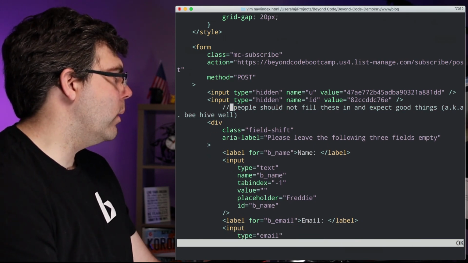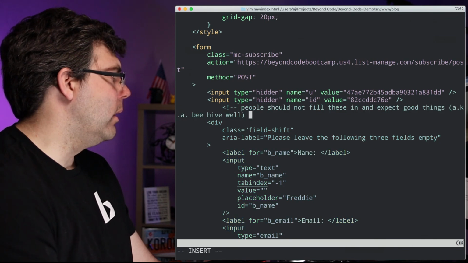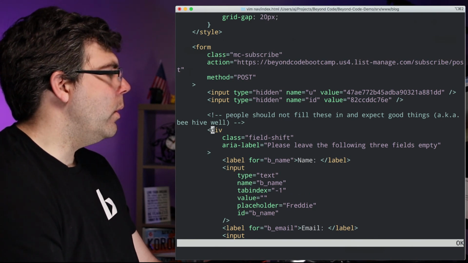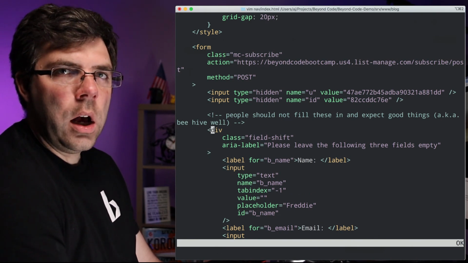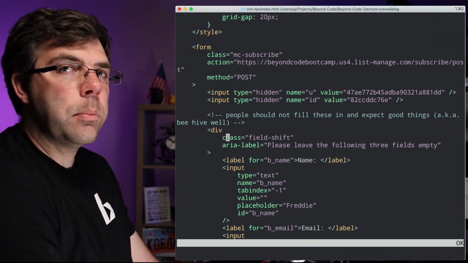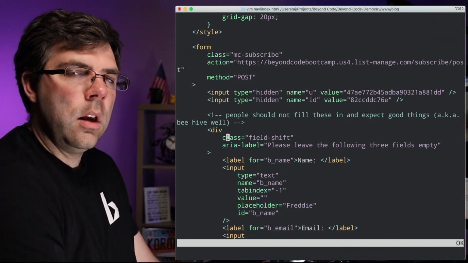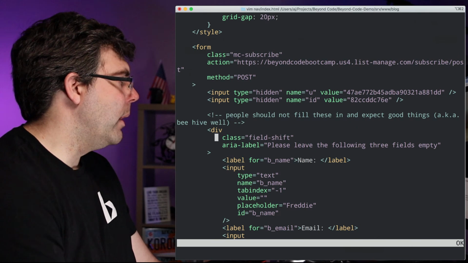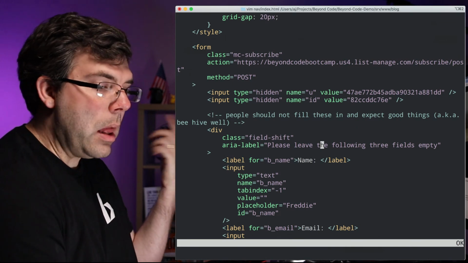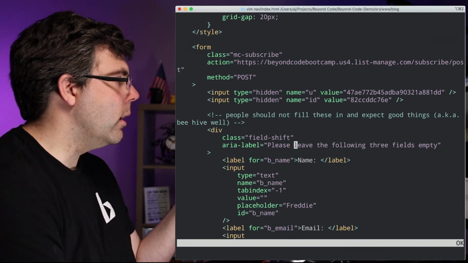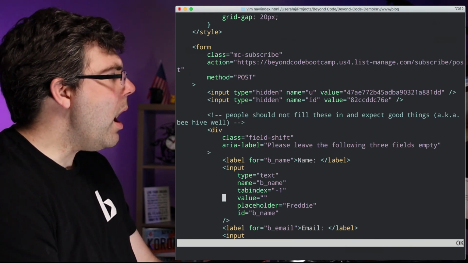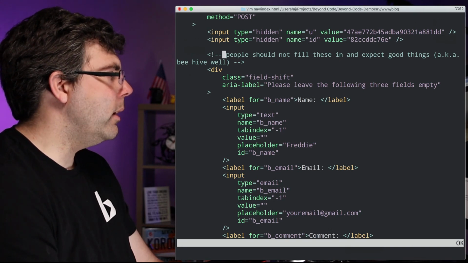Let me actually turn this back into a comment. I had turned it into a script comment because I was wrapping it in a comment. So it's got what we call a honeypot. And for the honeypot, what we typically do is apply some sort of class to it that makes it not display on the page in a place where the user would see it. But this means that a screen reader could still pick it up. And so the screen reader gets this label. When somebody who is blind is listening to the page, they're going to hear, please leave the following 3 fields empty. And then a bot looking at this page is typically going to try to figure out,